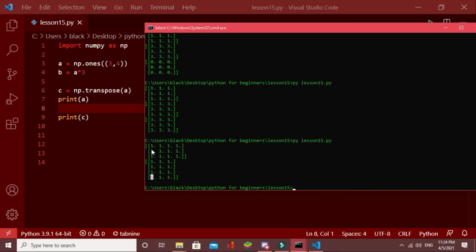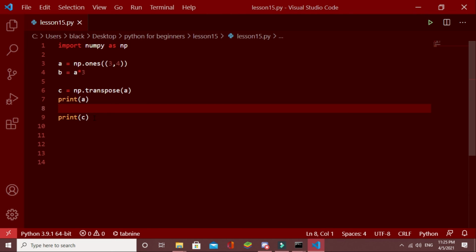First it has 3 rows and 4 columns. After transposing, it has 3 columns and 4 rows. And that's about this NumPy library. Thank you for watching.